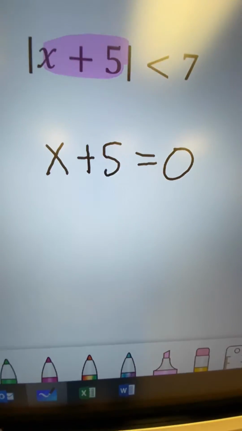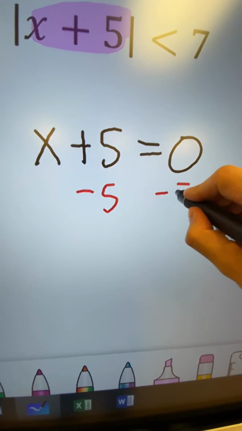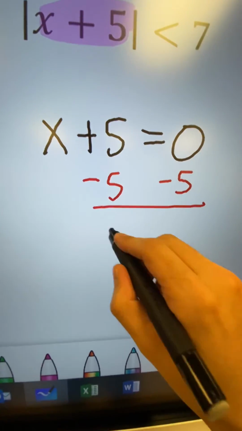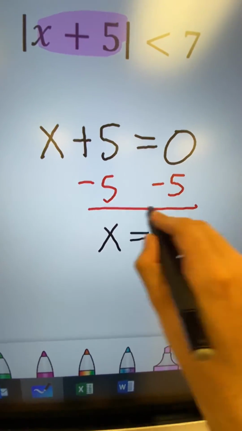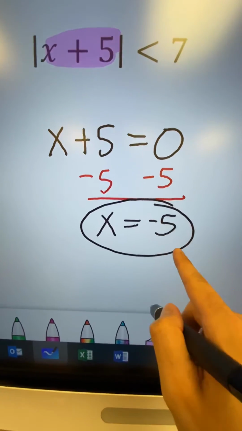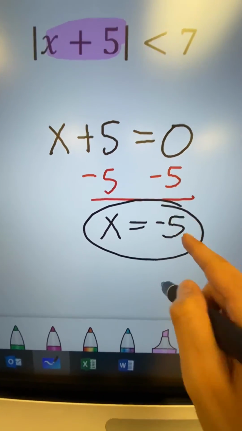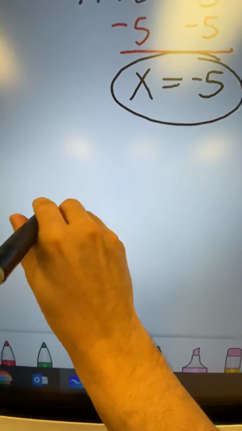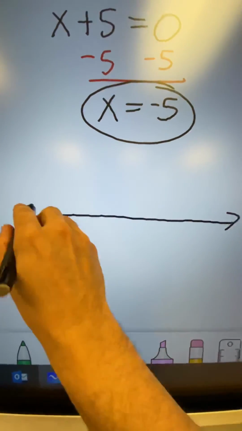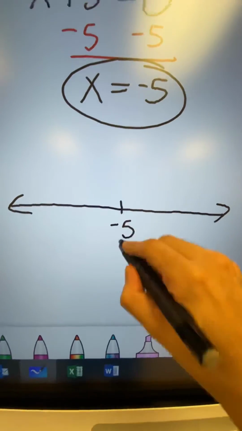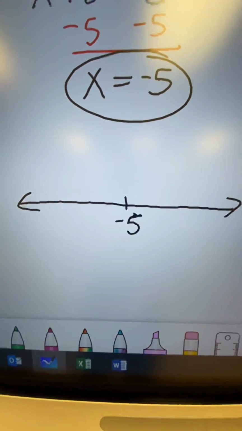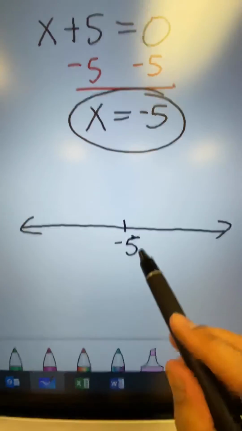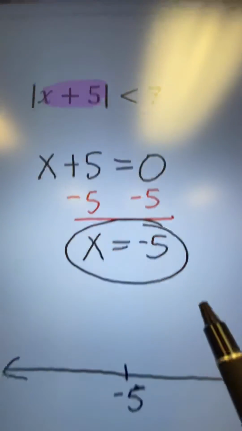If I were to solve this, I would get x is equal to -5. So this number here is going to be my new center. So x is -5. So let me actually draw that now. So here's my number line. My center is -5. And now I ask myself, okay, I want distances less than 7 spaces away from this